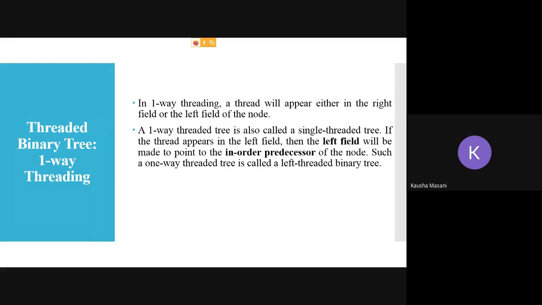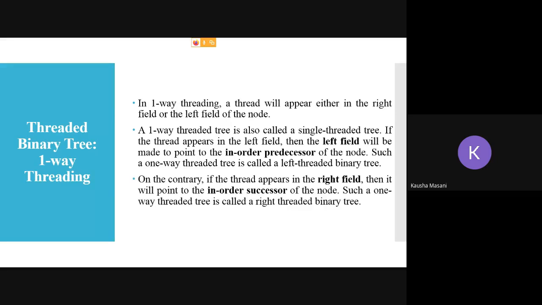Why left threaded binary tree? Because this left side is containing the pointer to whom? In order predecessor. So left field, in order predecessor. Similarly for the right field, on the contrary, if you are connecting the right field and keeping the left field null, then you have to store the memory address of that node which is the in order successor of the leaf node.